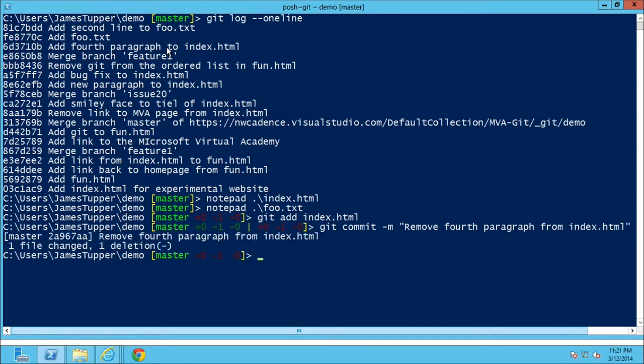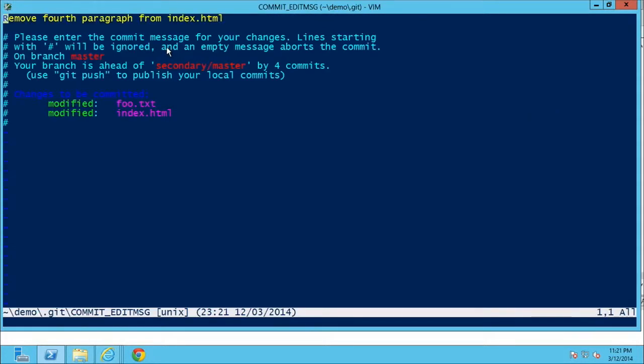And now, I meant to add my foo.txt. So what we can do is stage that foo.txt and then amend the commit. So we'll say git add foo.txt and git commit --amend. And that drops me into here. We can see that this is actually the commit message that we just had. And we want to say remove,